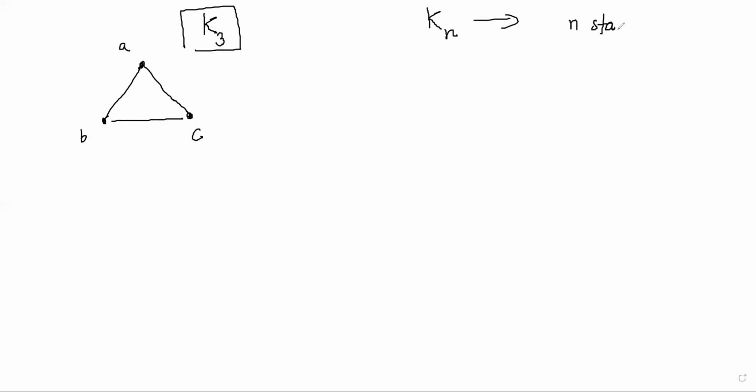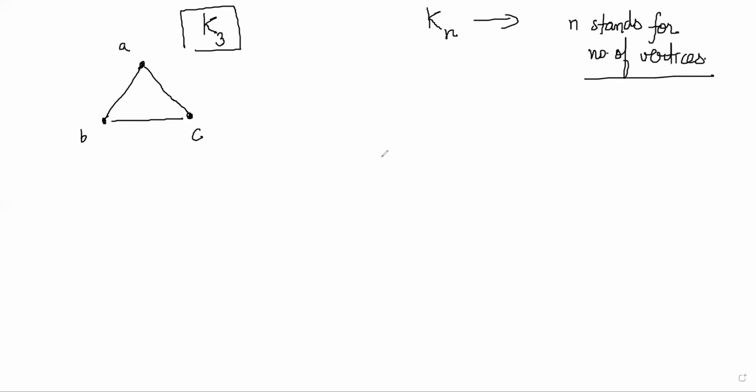So if you take a triangular graph like this, right? Notice that any two vertices here are adjacent because there is a link between the vertices A and B, B and C, and C and A, right? So all of these are adjacent vertices. So this is a complete graph of order 3. This is called K3. So all complete graphs are written by a symbol like this, where K stands for the complete graph, n stands for number of vertices.